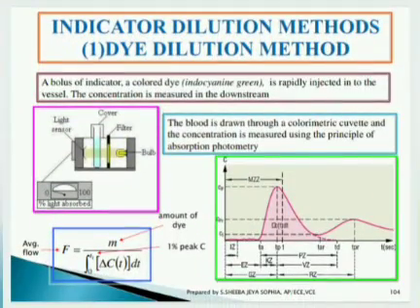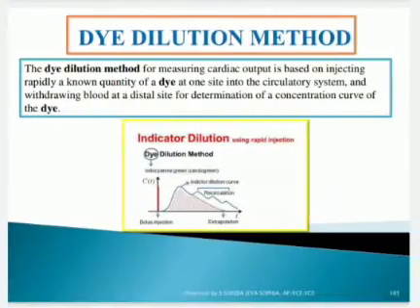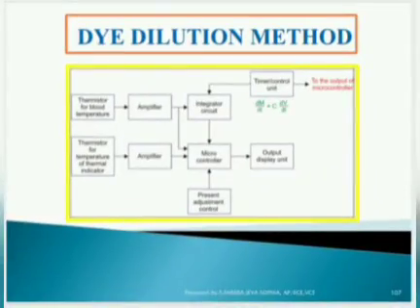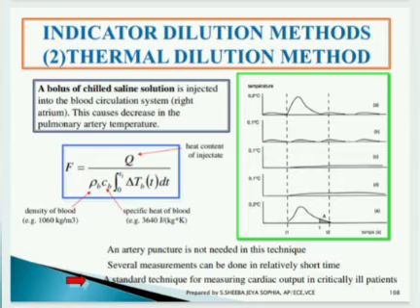So this method uses rapid injection and also it includes dye dilution and thermodilution. In dye dilution, indocyanine green cardiogreen dye is injected, whereas in thermodilution, cold saline is injected into the blood in order to find the thermal variation, the temperature variation in the pulmonary artery. Here you can see the dye dilution method, how it calculates the cardiac output, and also the thermal dilution method. Here cold saline solution is injected and the variation of the thermal value is found.